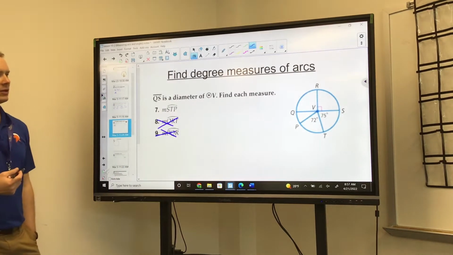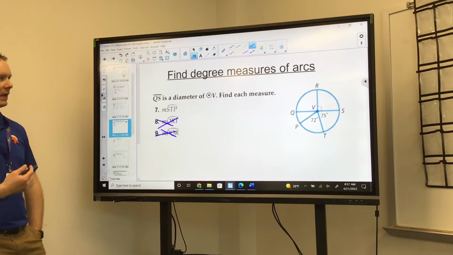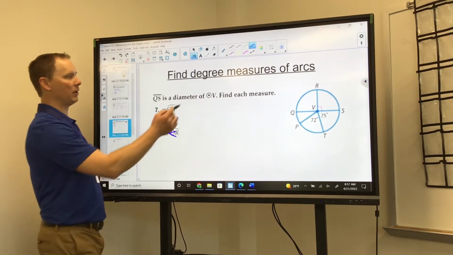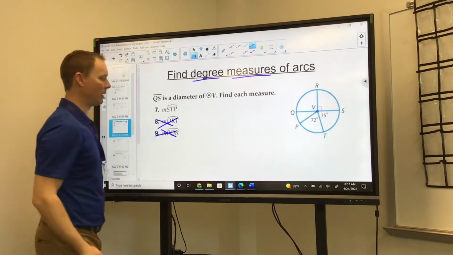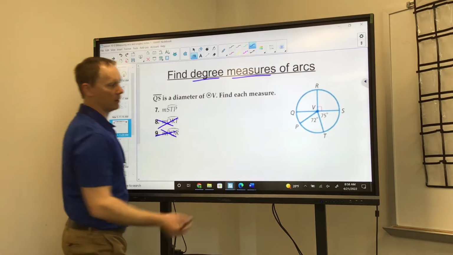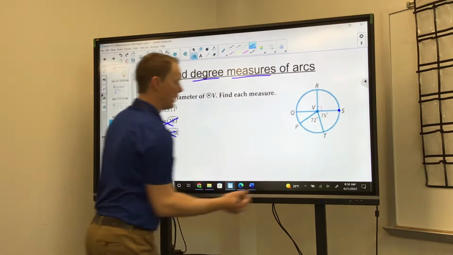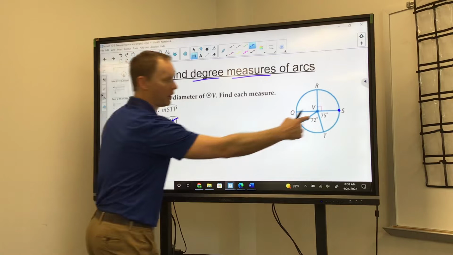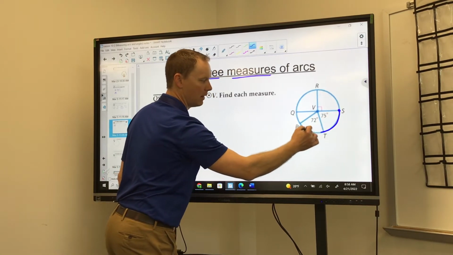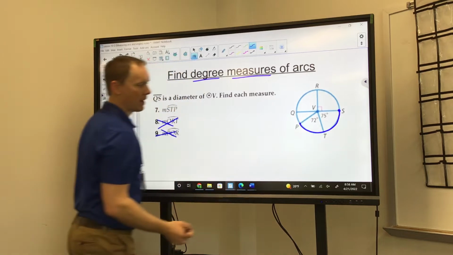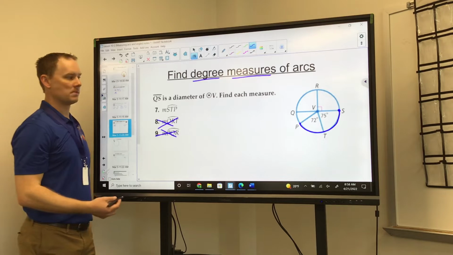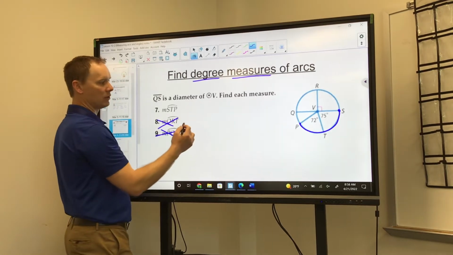Find the degree measure of arcs now. We just looked at finding the arcs. Now let's look at something called their degree measure. So first of all, where is arc STP? Well, I have to start at that first letter S, then follow it in the direction of the second letter, which is to T, and then to P. So that right there is arc STP. What is its degree measure? Well, the first thing I want you to understand